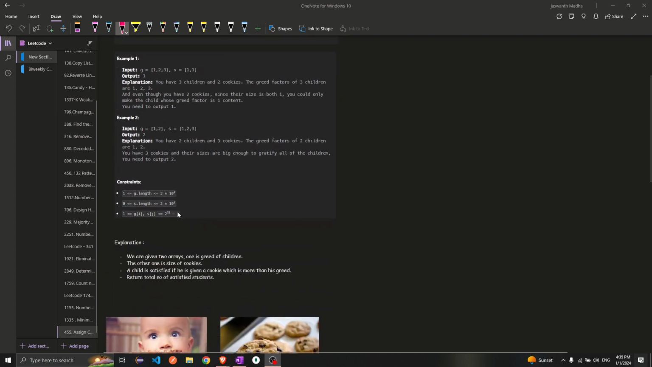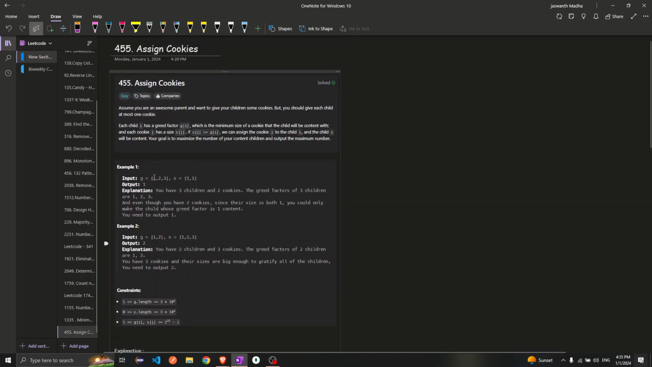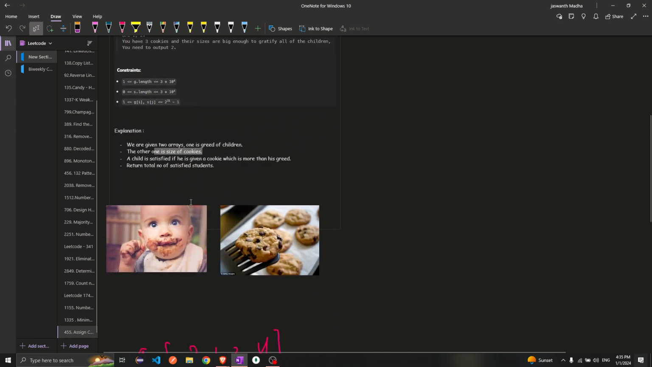What the question states is, we're basically given two arrays. One is the grade of children and the other one is the size of cookies. G means grade of children and S means the size of the cookies. What we need to do is,